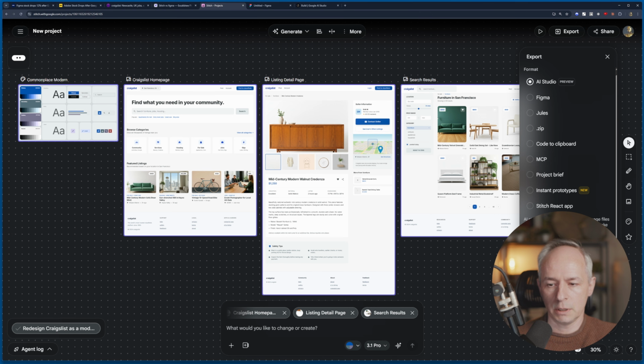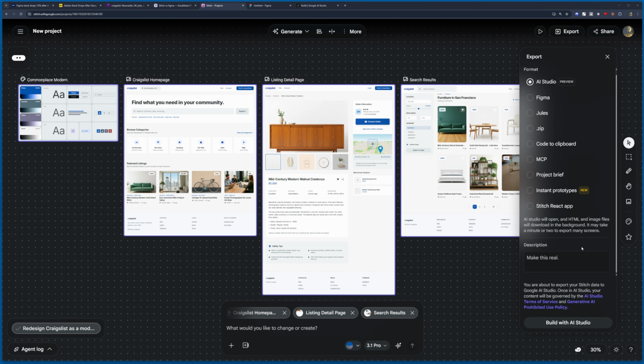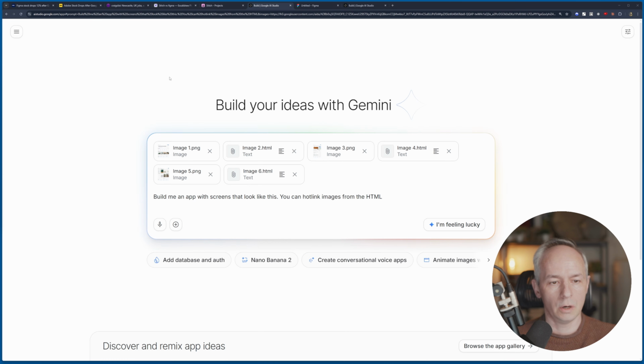I see that we can also add something custom here. I'm gonna leave it as is, so I'm using all the defaults and I'm just gonna go and build with AI Studio. Click on the button. Okay, so it opened the Google AI Studio in a new tab, and as you can see,